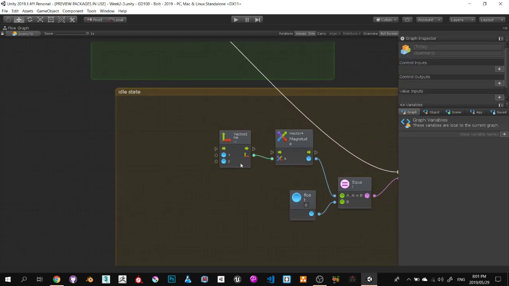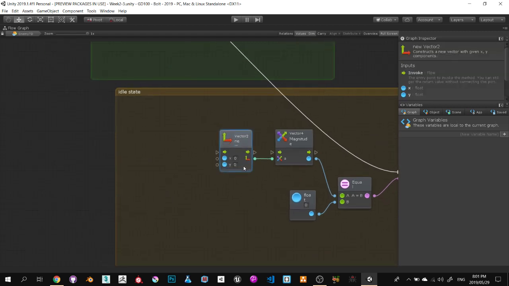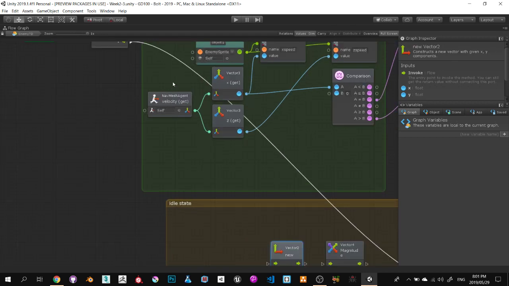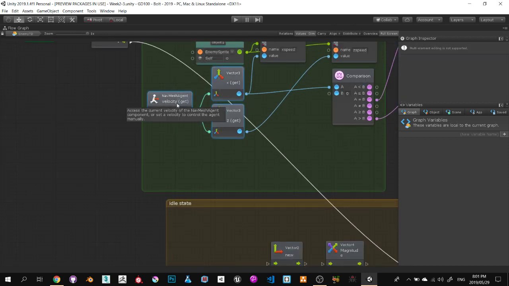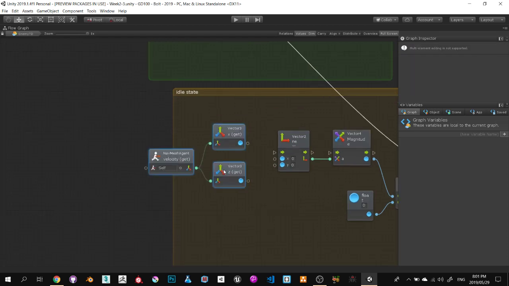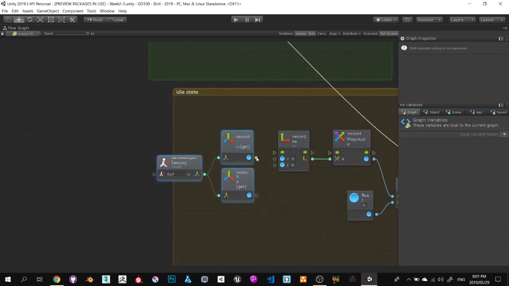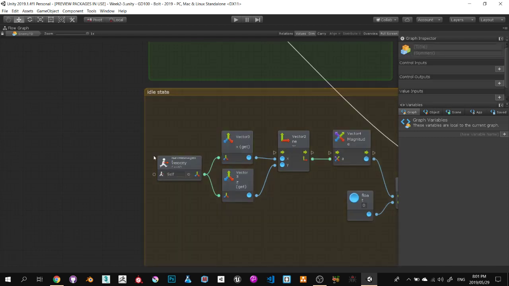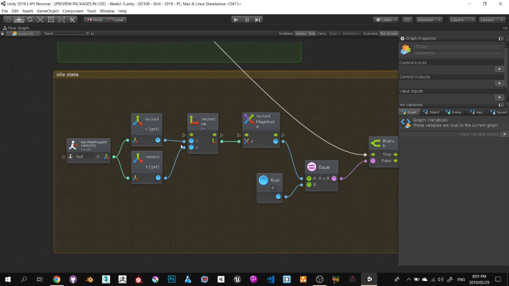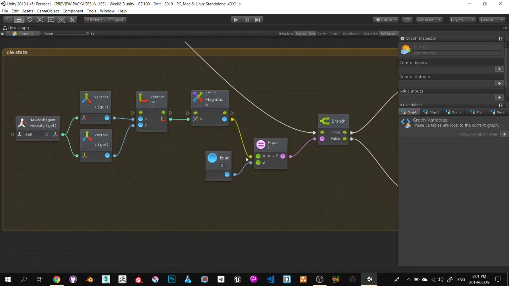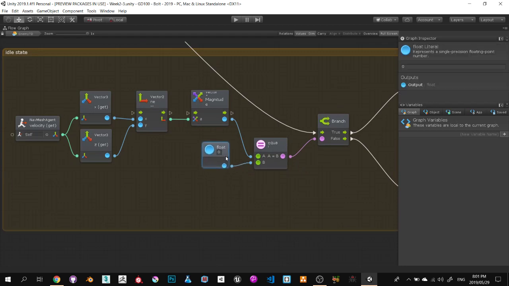So I'm going to drag that because we don't need that again. We do not need that. And I'm going to grab these two here, the navmesh agent velocity and the two vectors that are pulled from it. And we're just going to plug that into A, plug that into B, or X and Y, depending how you want to look at it, so that we can get a magnitude value, which is a combination value out of these two, a single value that I can then reference